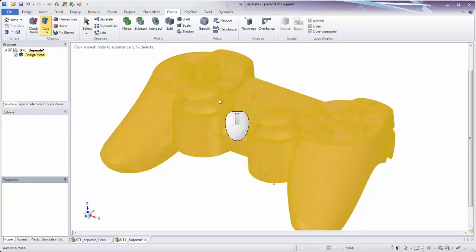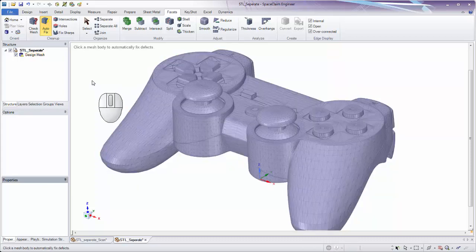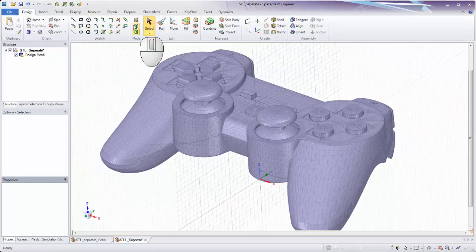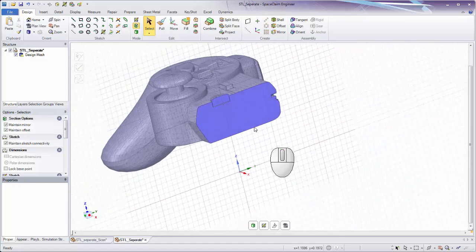If I click auto fix here, what it's doing is it's fixing any self-intersections, and it's closing up any holes, and it's fixing any normals that are in the wrong direction. Now I'm going to go back to my select tool here, and I'm going to click on this cross-section mode again, and then I'm just going to click right in the screen, and that'll put us back into the same